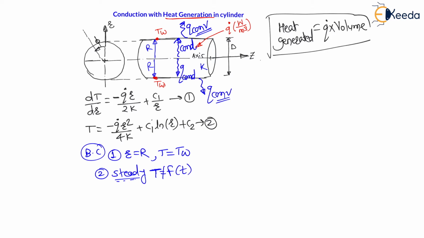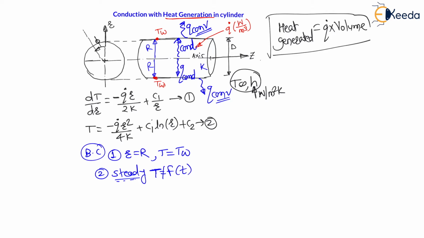And my dear students, let us assume this outside air is at temperature T infinity and convective heat transfer coefficient h, where T infinity is the outside air or fluid temperature, and h is the convective heat transfer coefficient of the outside fluid, calculated in watt per meter square Kelvin. Because of the thermal conductivity of the cylinder, the heat is conducted through the cylinder, and k is the thermal conductivity in watt per meter Kelvin. Therefore whatever heat is generated inside the cylinder is conducted through the cylinder and convected to the outside fluid.